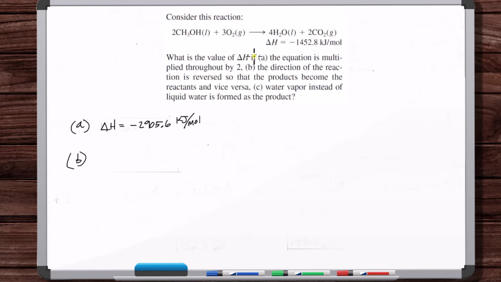Okay, what is the value of delta H if the direction of the reaction is reversed so the products become the reactants and vice versa? When you do that, you just multiply the delta H or the energy change by minus 1. So this will be